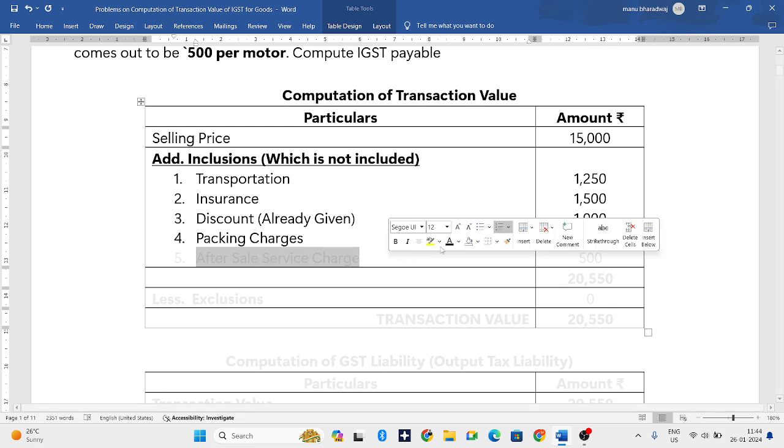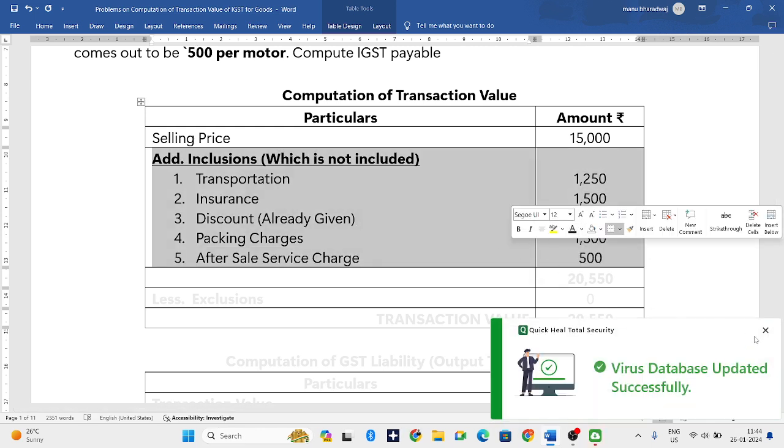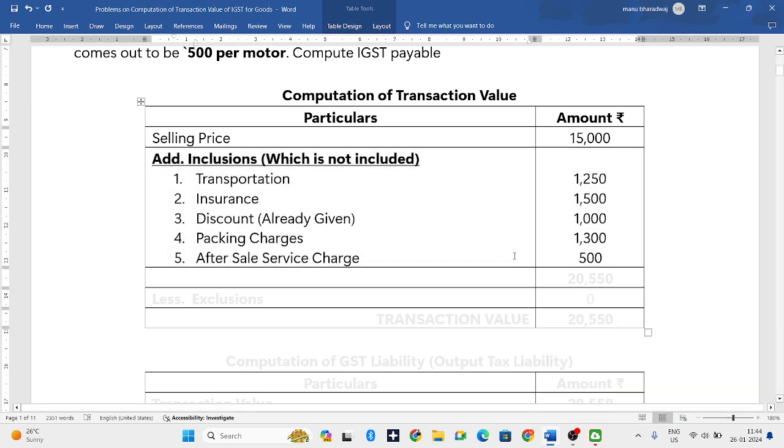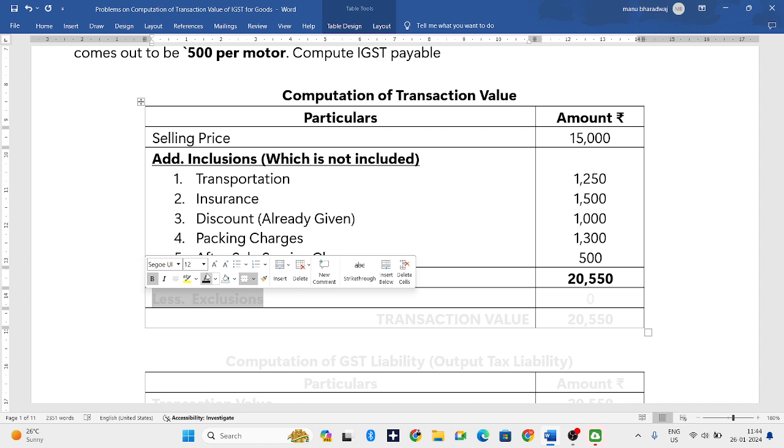Next, after sale service charges. So after the sale they are giving certain services, that also has to be added. Now add all these things to 15,000. You will get 20,550. From that you have to reduce